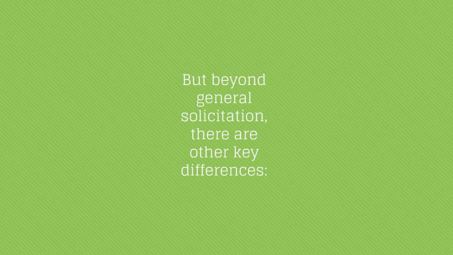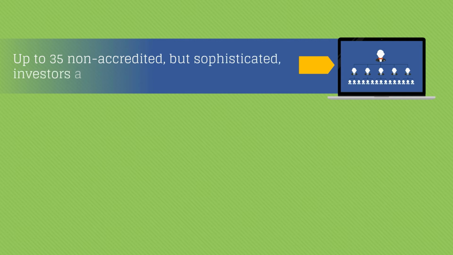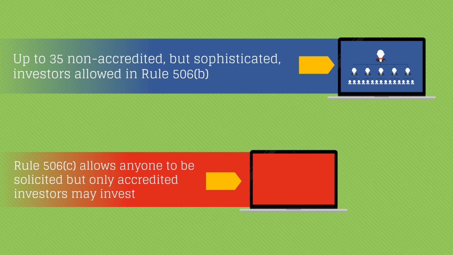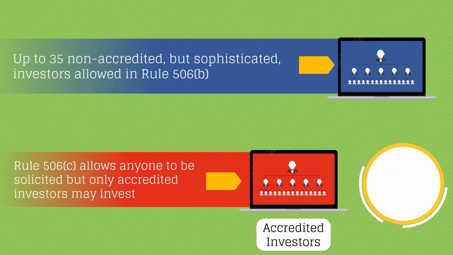But beyond general solicitation, there are other key differences. Under Rule 506(b), companies can sell securities to accredited investors and up to 35 non-accredited, but sophisticated investors. But under Rule 506(c), companies are required to sell only to accredited investors. This isn't actually a big deal, as most companies conducting a Rule 506(b) raise avoid non-accredited investors due to heightened